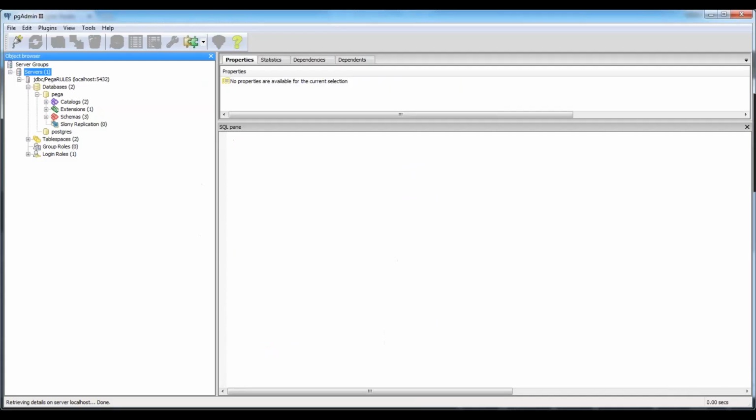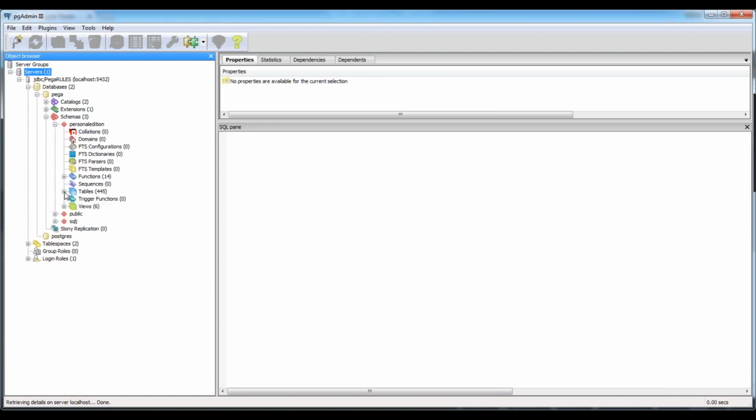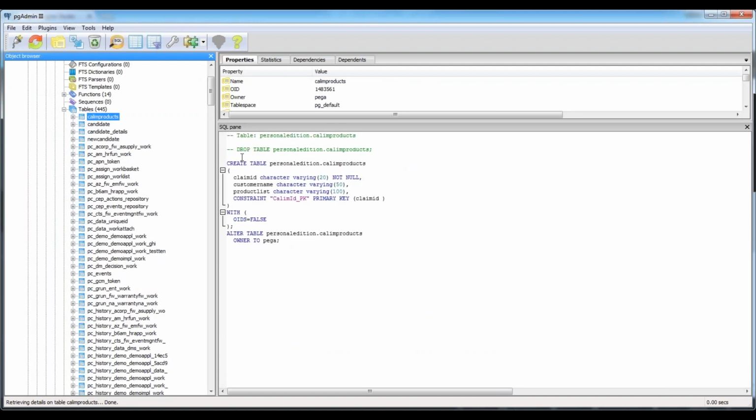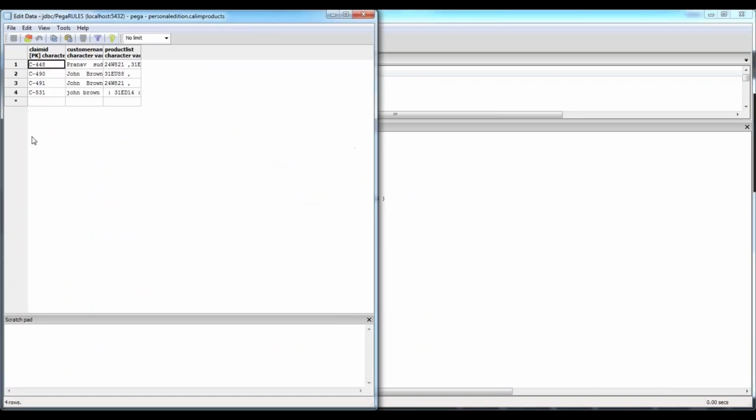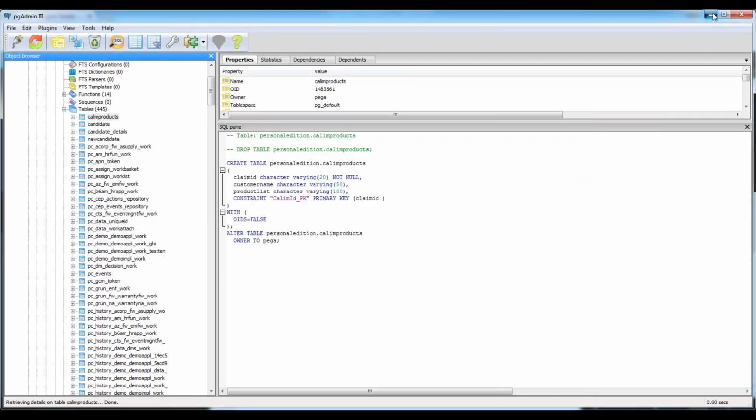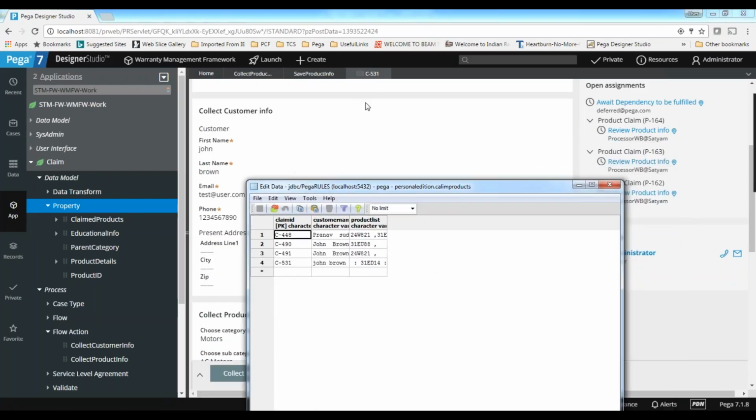Now go to your schemas, personal edition, tables, claim products. Now go to here. You can see the fourth row is coming. If you see the IDs, both are the same. It's 531, 531. John Brown is the customer name. Here you can see all the products. Three products are coming here.